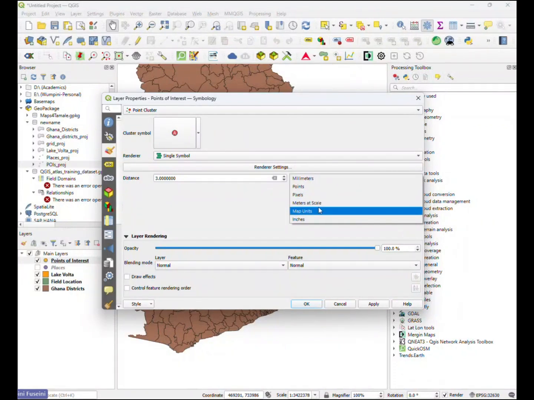So if our map units are in kilometers or in latitude, longitude, then this is basically what it's going to use as our map units. But we can also use meters at scale. I'll leave it at millimeters, and then I'll rather make the distance perhaps 15, right? Or I can also choose to make it 50, for example. And that means if I do 50, and then I apply,